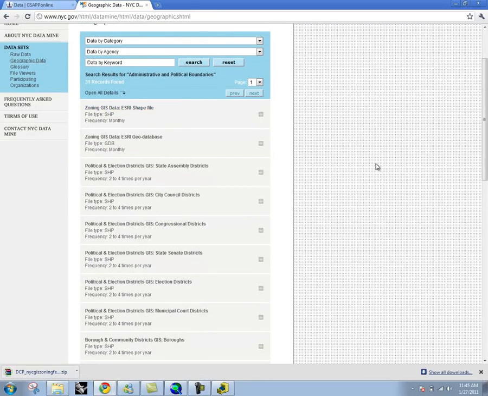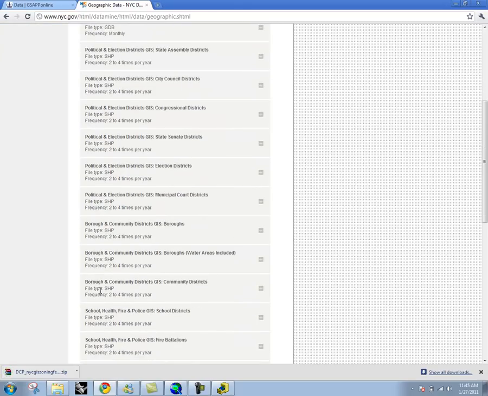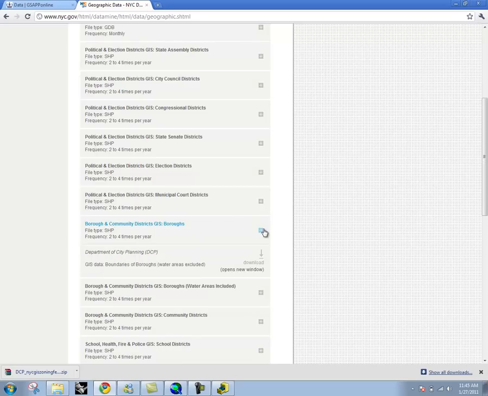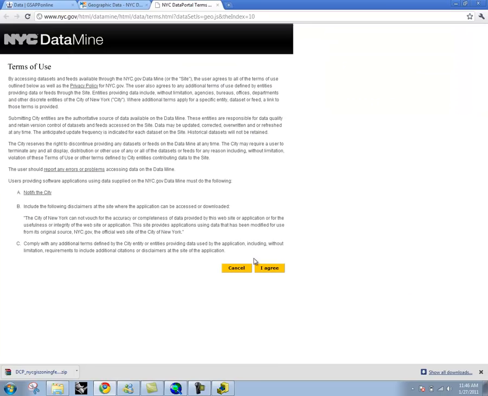And then when you scroll down to borough and community districts, GIS boroughs, see, this one's only updated 2 to 4 times a year, which is actually quite often. But in other cases, there are certain things that won't need to be updated quite as frequently. Okay, so when you download that,